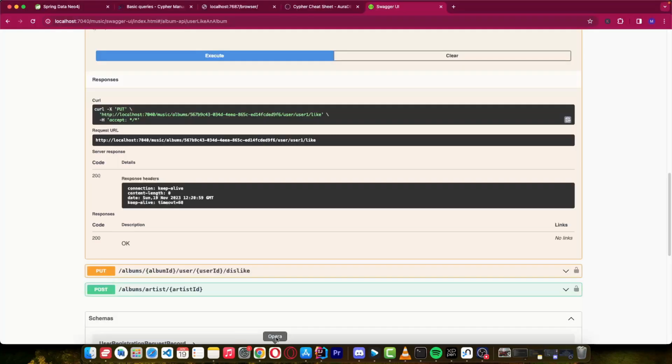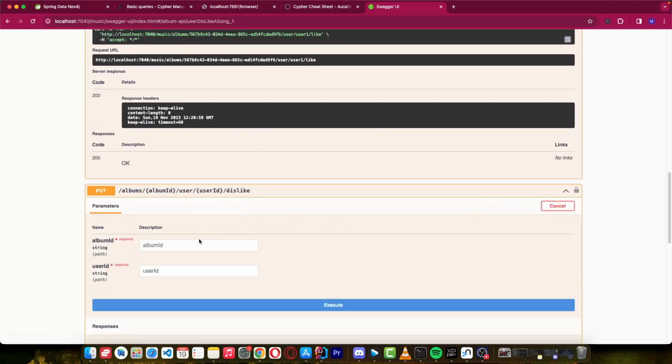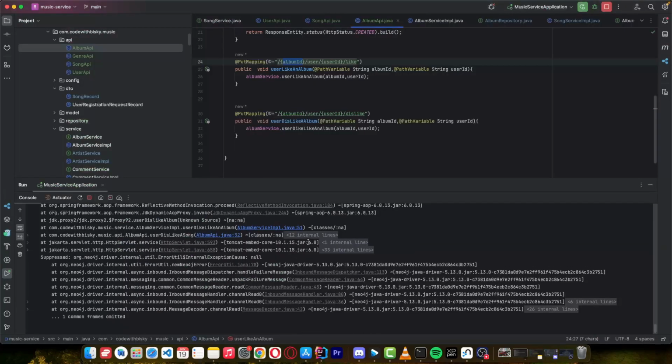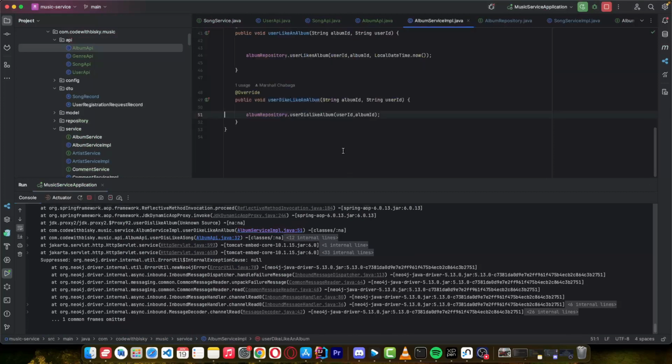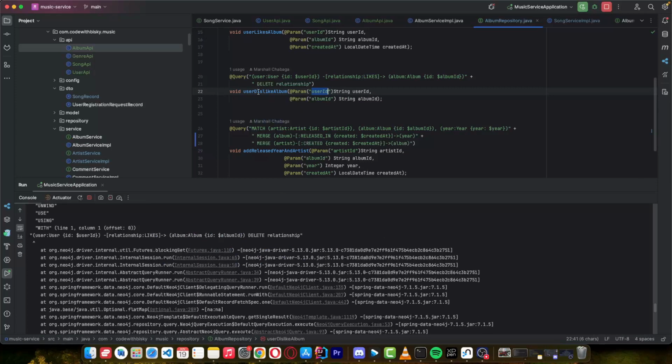So yeah, okay, let's test the command to dislike this and let's test it again so that the relationship can be deleted. And user one, if I execute this, there's an error. Let's check the error. I think it's related to the mapping. User one, album one. Let's go here. So you have user one, relationship, album one, user ID and album ID. Okay, we forgot to add a match here. We are supposed to add a match